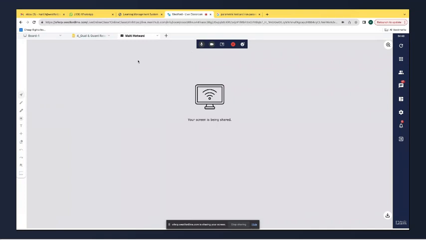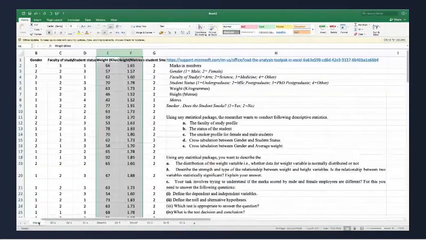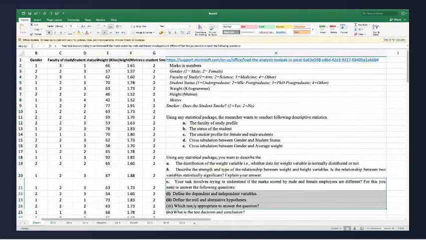Yeah, so let's come to the next question. It is saying that a C question. Let's take this question. Your task involves trying to understand if the marks scored by female and male employees are different. For this, you need to identify dependent variable and independent variable.